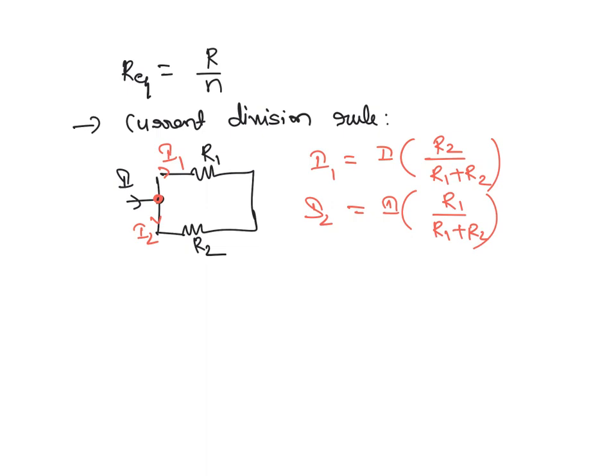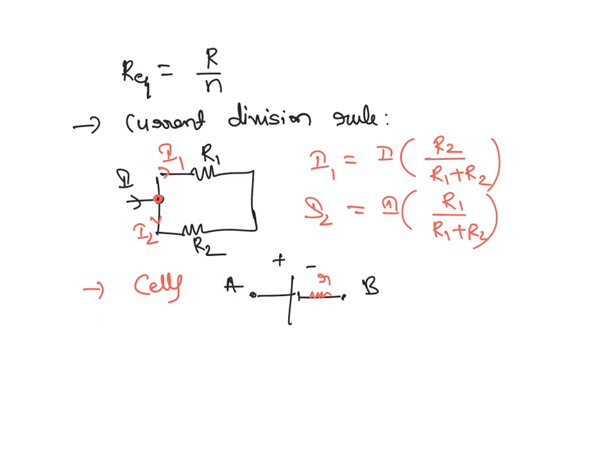After that we have studied about cells. You know that this is a cell, with the positive terminal and the negative terminal, and the terminals A and B for the external connection. Each and every cell offers some resistance due to the electrolyte, which is called internal resistance, usually denoted by the small letter r.